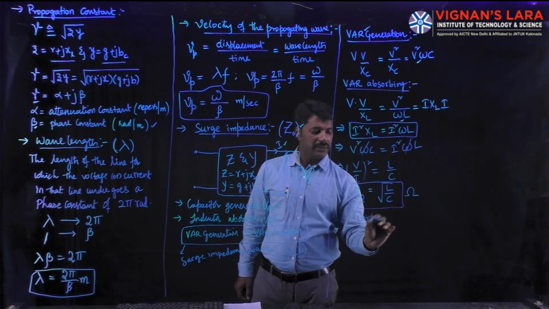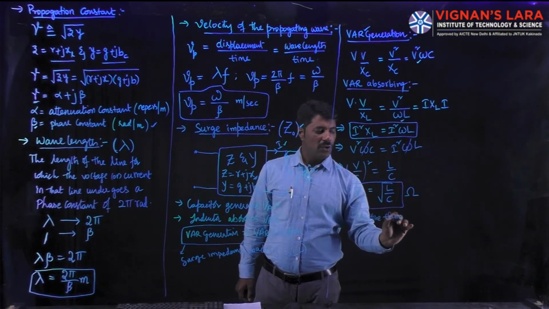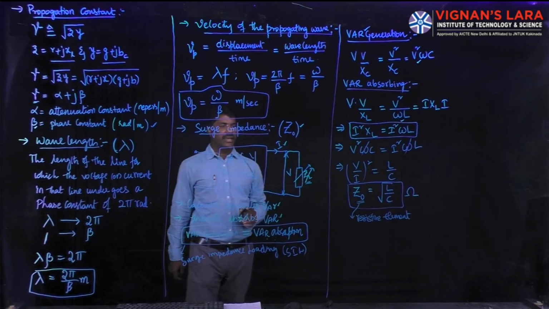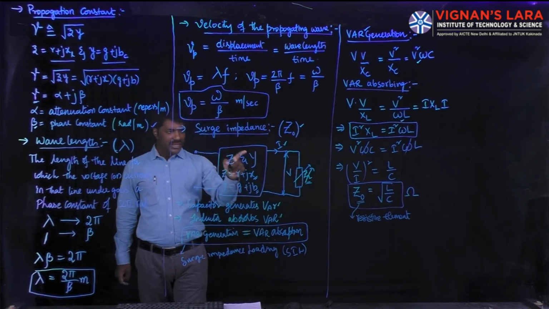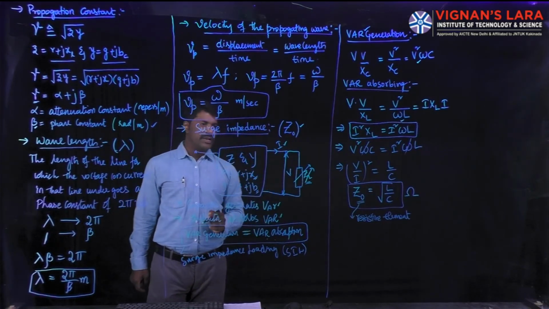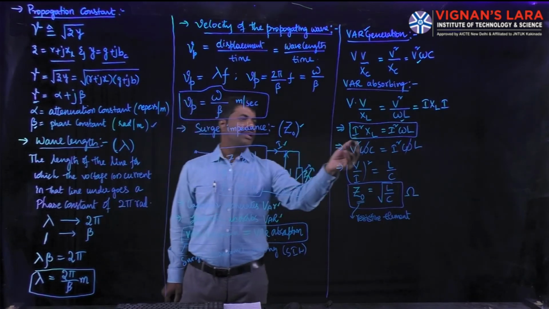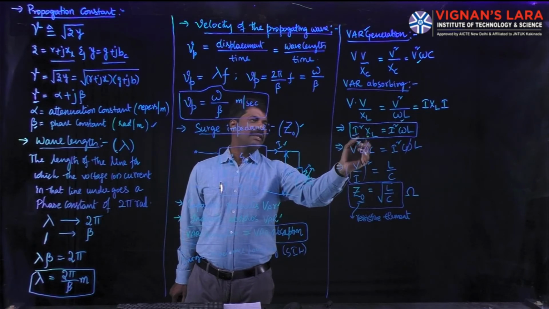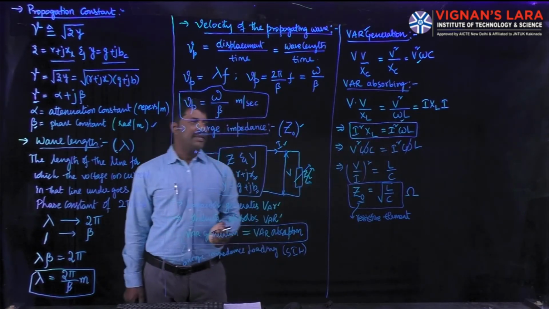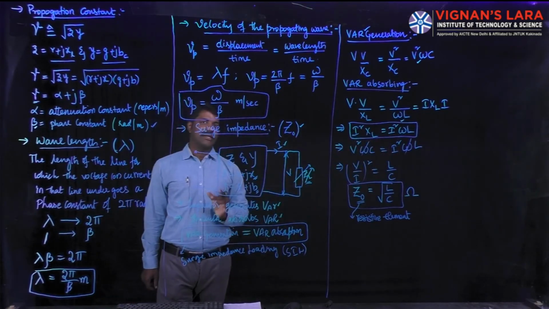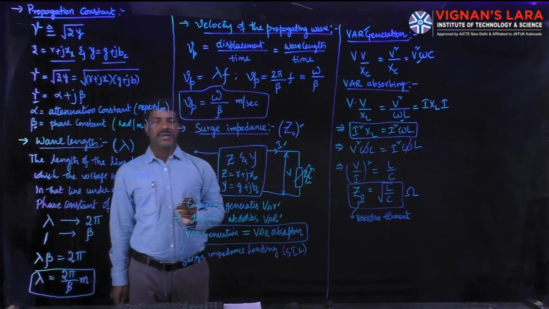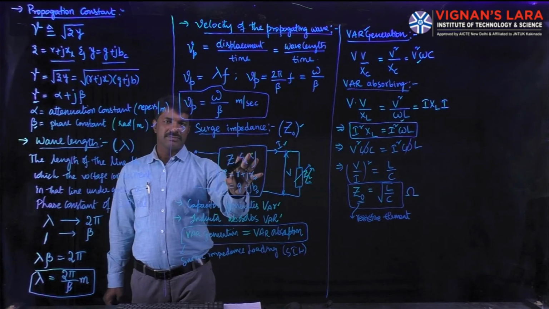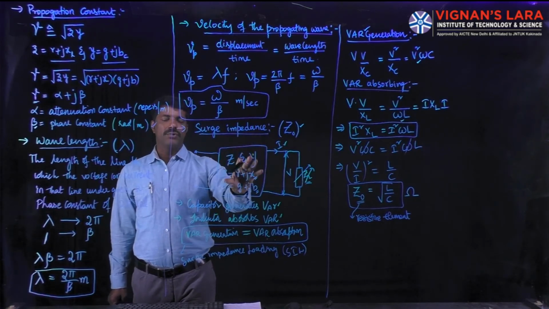Resistive element. You may ask me now, how we can say that it is a resistive element? The magnitude is root of L by C. How did you fix that unit as ohms and why is it a resistive element? Because as we know that for a Z and Y network, whenever this XL is equal to XC, then it is under some resonance condition. Under resonance, the circuit will behave like a pure resistive circuit. So this entire transmission line is now acting as a pure resistive.